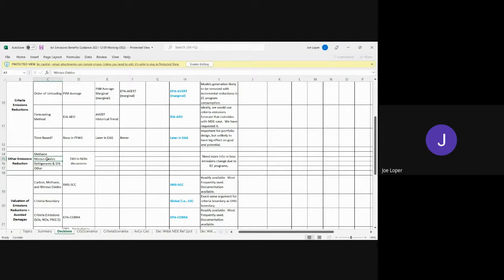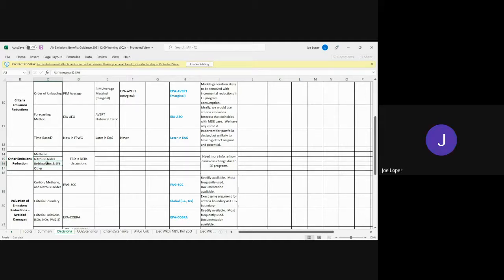Likewise with refrigerants and sulfur hexafluoride, SF6, by the way, associated with transmission transformers. It's basically a lubricant, I think, and these things have huge global warming potential. R-410A as a refrigerant, which is the most commonly used refrigerant right now, has a global warming potential of 60 times carbon or something like that. It's just really big, and SF6 even more. So they have really big impacts